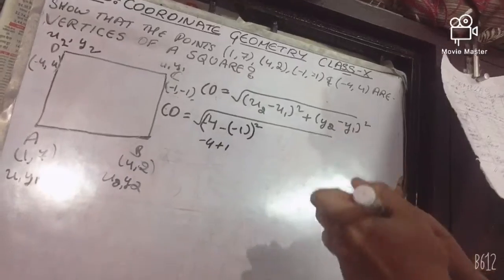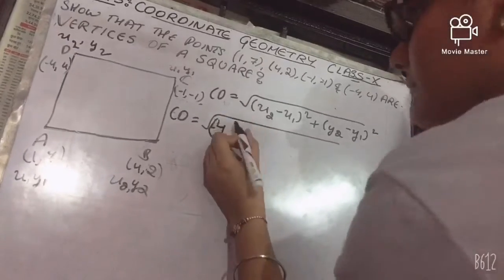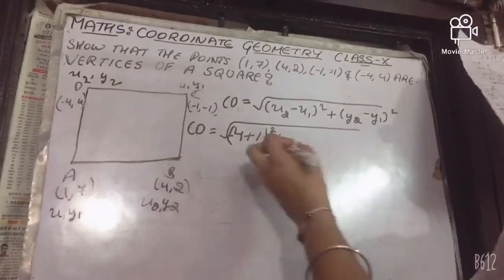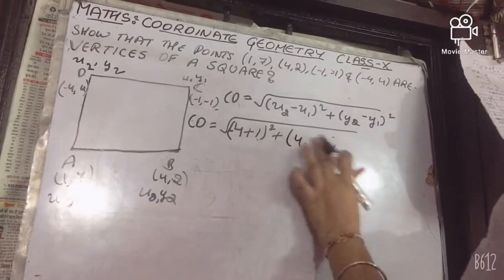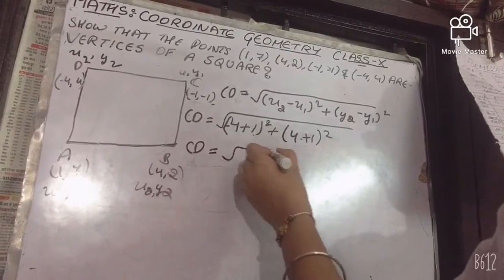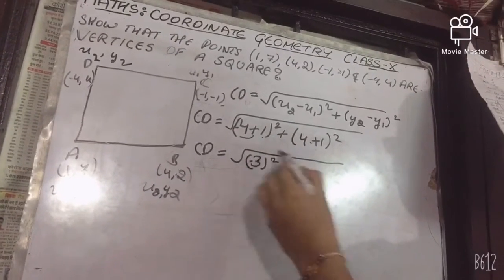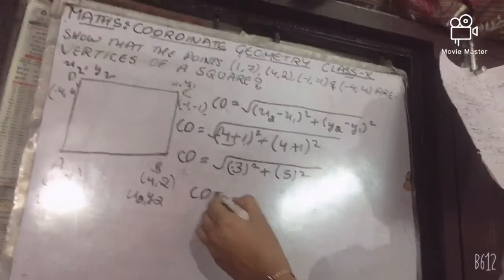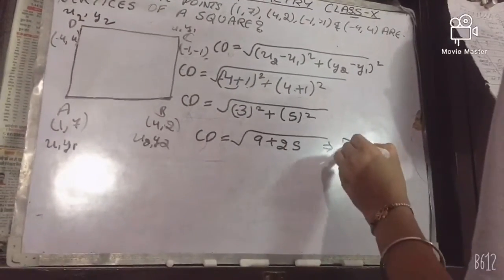Okay, so here I am reducing the step and writing plus 1 whole square. Okay, so then y is 4 and this is, so we can write plus here. Okay, understood? Now then this minus 3 plus 5, this again square, and it will become positive 9 plus 25, so it is 34.